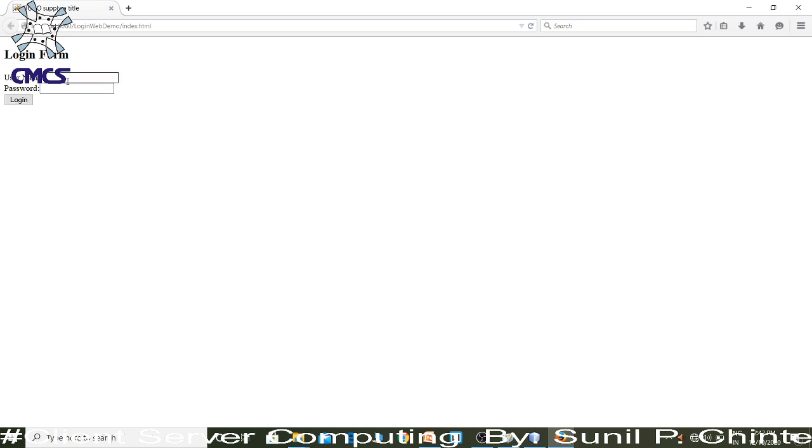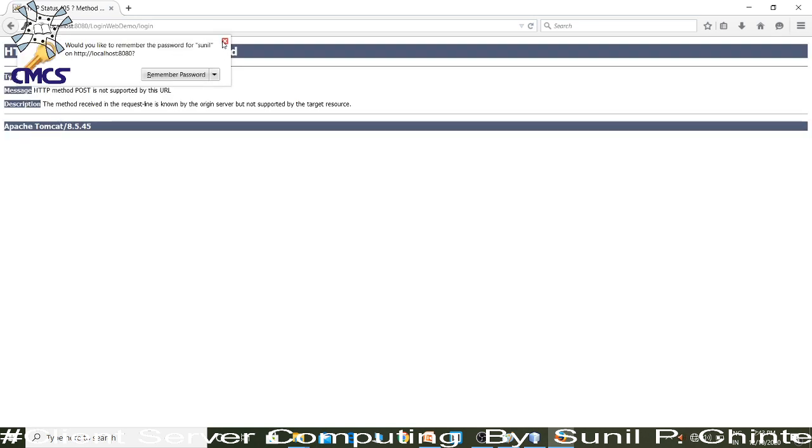Yes, login form. Here I am using the username Sunil and the password ASD. During the HTML form design we used type text, and for the next input field we used type password, so the password is not visible here. Then I will click on the login button.